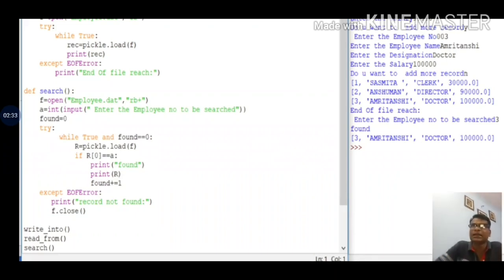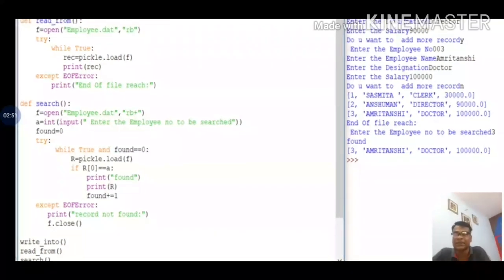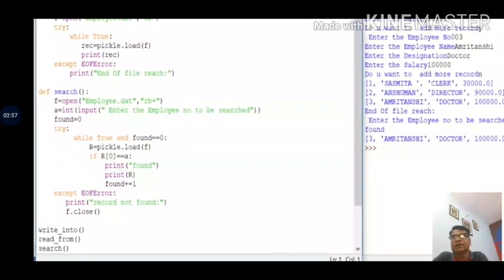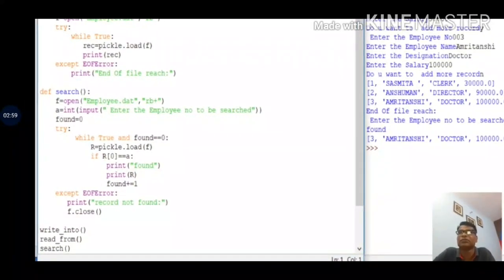If the record is found, the record is printed. If the record is not found, the except EOFError handler raises a message that it is the end of file, and it prints record not found, then closes the file. This is all about searching. Now you execute the program.